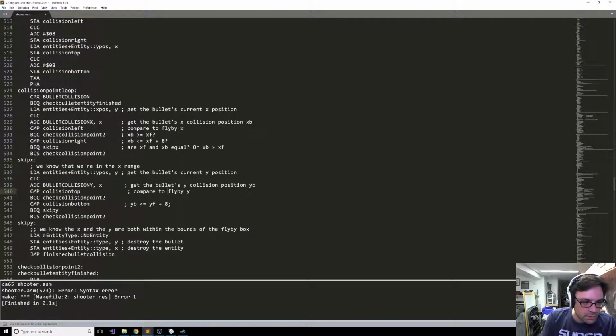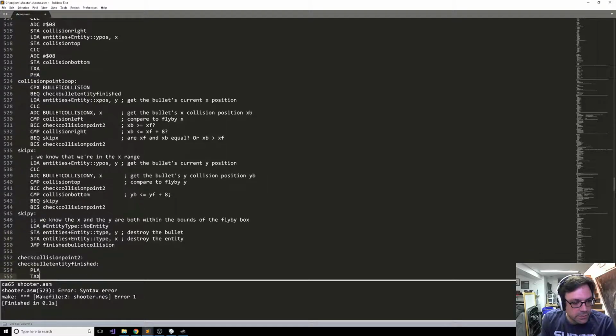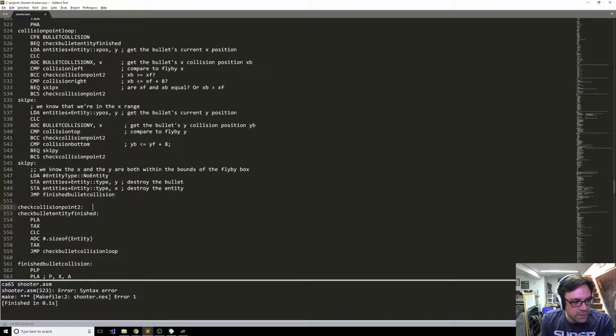So we got our comparison here. We're going to do the same thing, branch if equal. Otherwise, we're going to check the carry flag. And if we are in here, then we know that we are good. And we are going to, okay, so now this is a little bit of a tricky bit here, right? We know that, okay, so